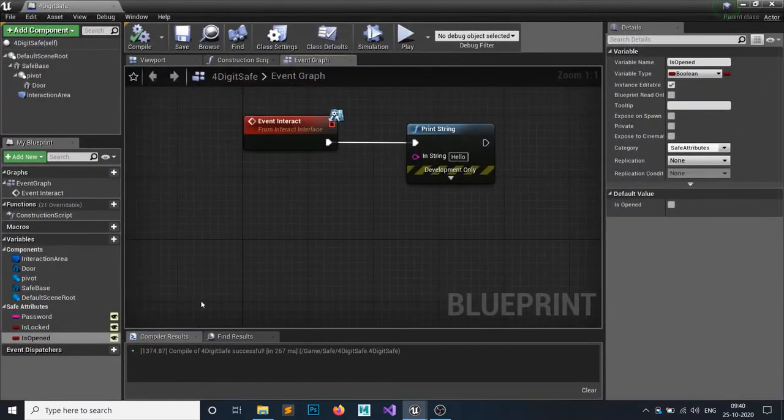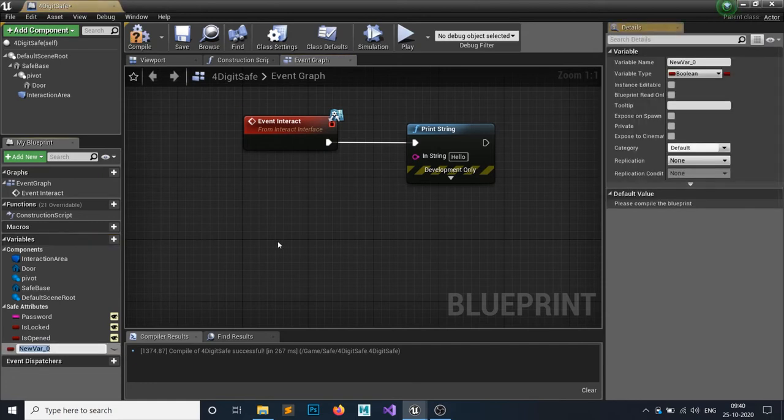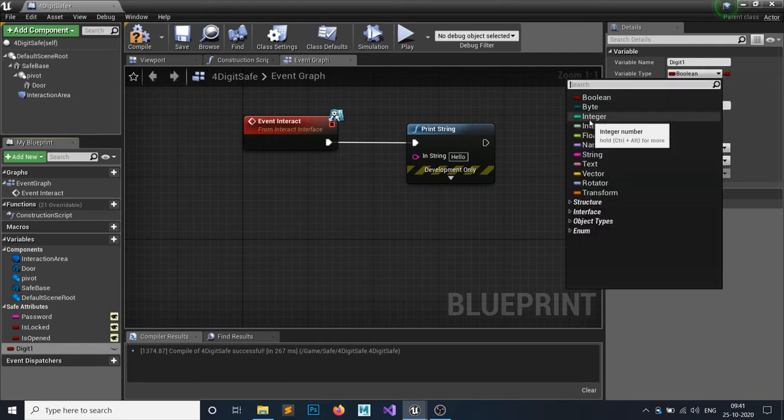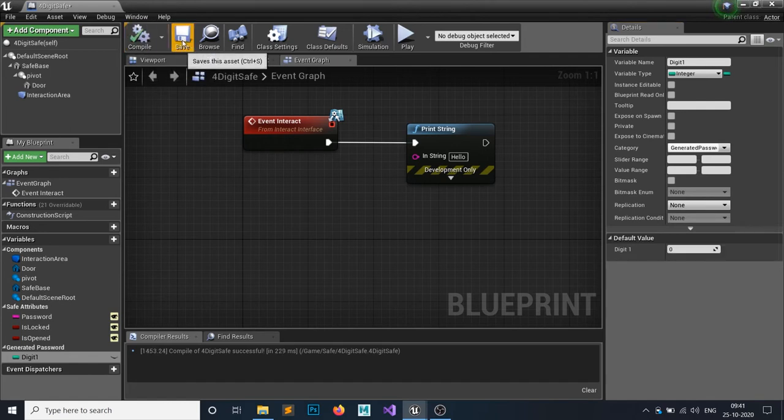First things first, whenever we are opening this, we need certain more variables. So first variable is digit 1. I'm gonna set it to integer, and categorize it to generated password. Hit compile. Default value should be 0.